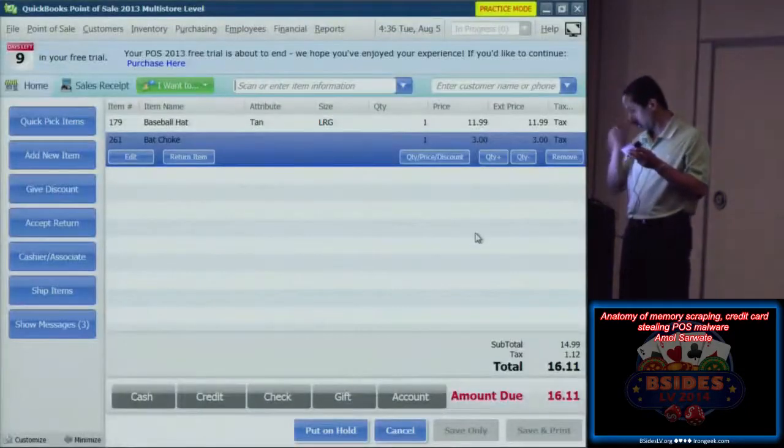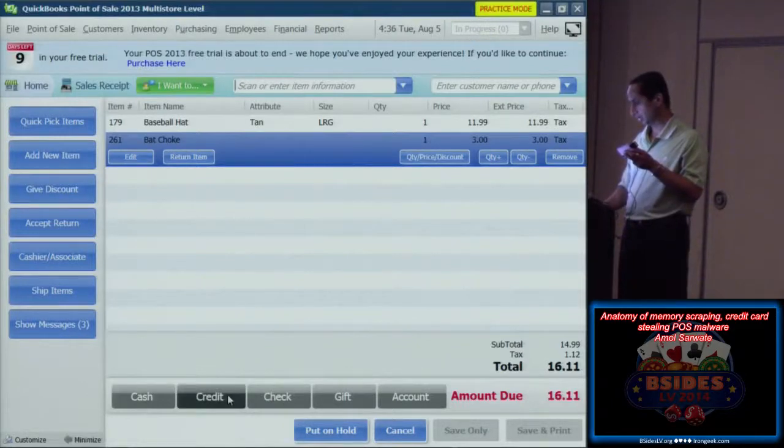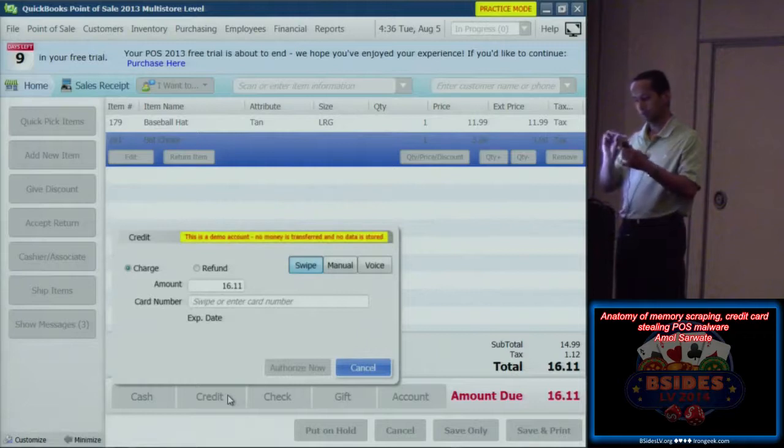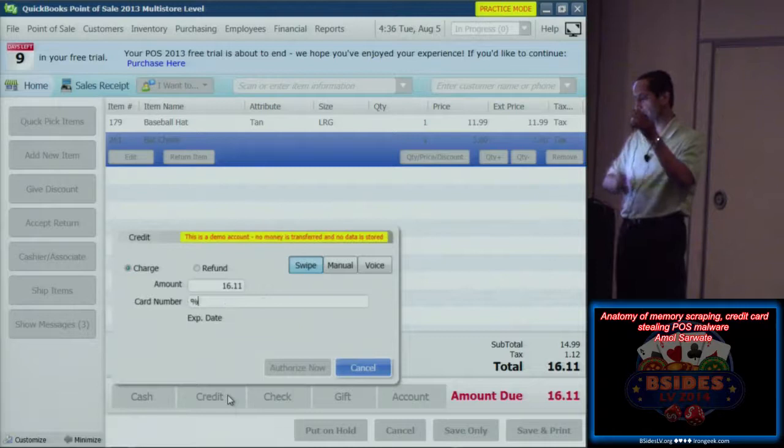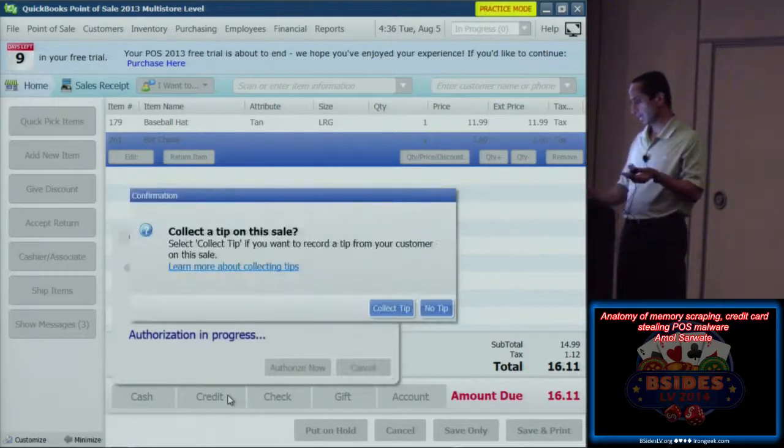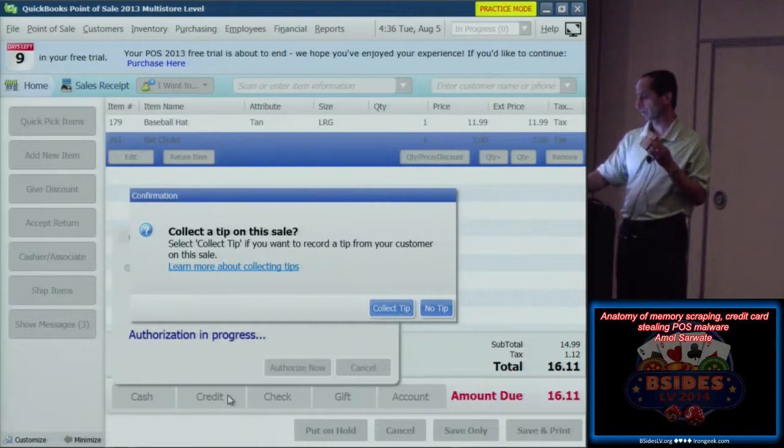So what I do here is, as a cashier, I say, okay, do you want to pay by cash or credit? Credit. I hit credit. What they do is swipe the card, and at this point, basically the credit card number is unencrypted in the POS process.